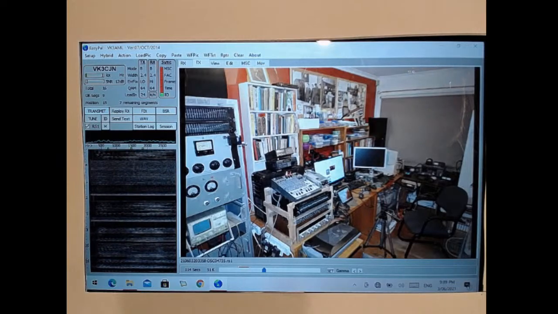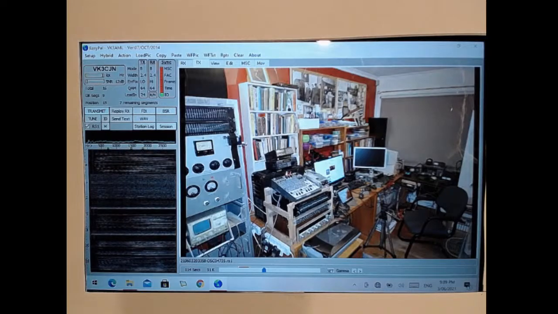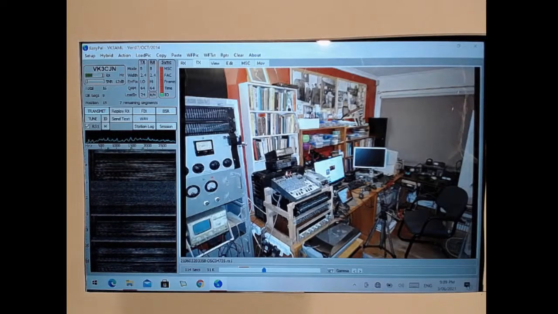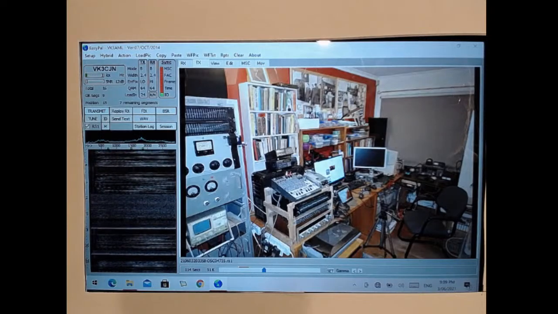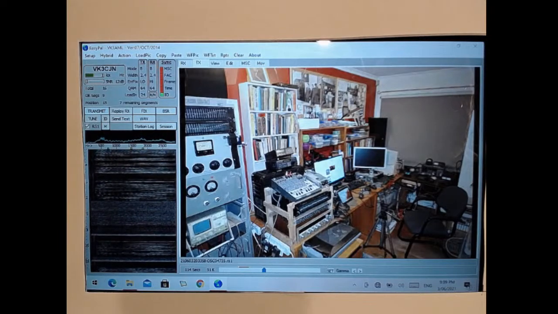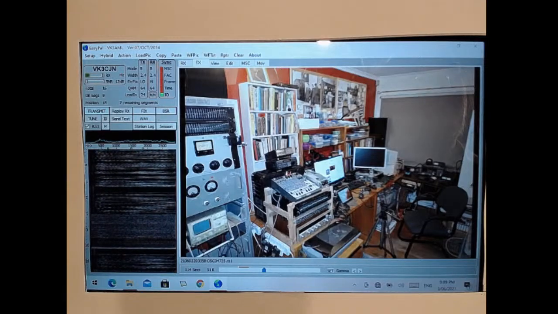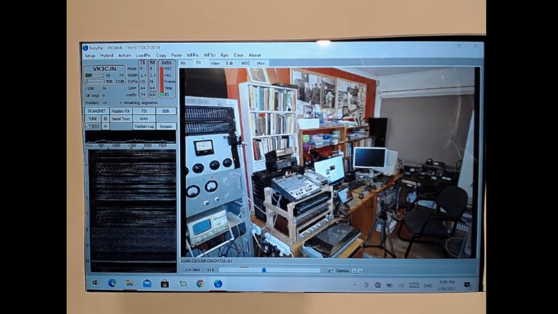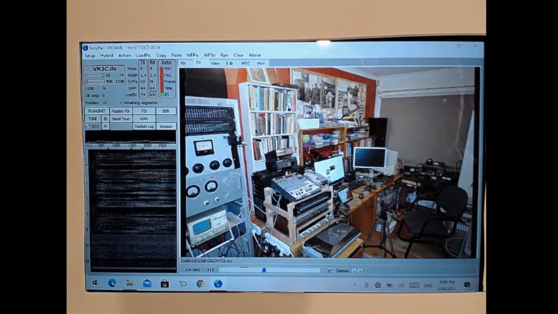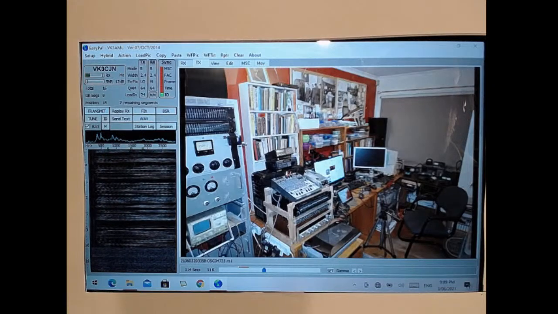VK3GTG, how did you go decoding that one? James? Yeah, it came through okay. I just heard CJN, he came through to me then, so I'm not sure what was going on. But anyway, it looks like I got 14 dB. I'm pretty new to all this, obviously, but yeah, 14 dB. All the segments are okay. Yeah, cool picture. A lot more cool stuff than I've got in my shack. Back to you.